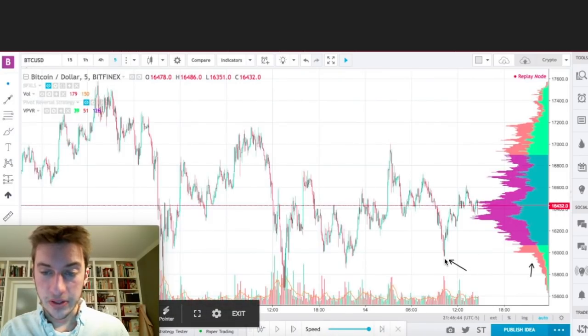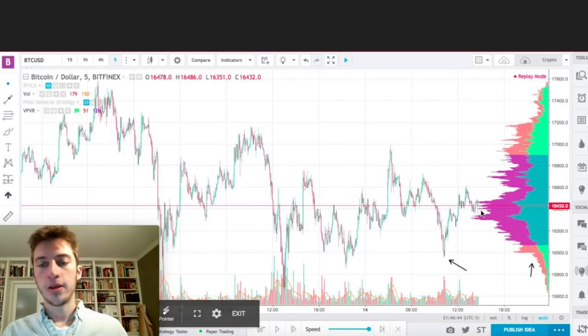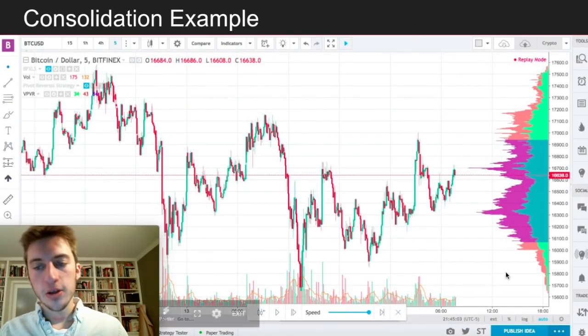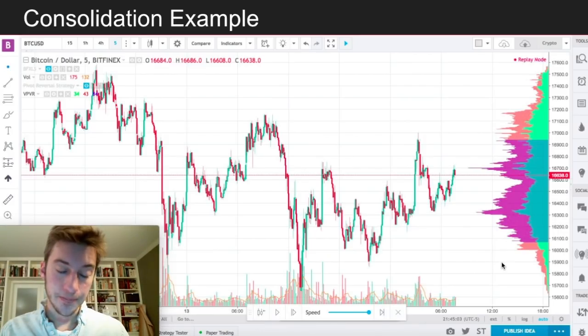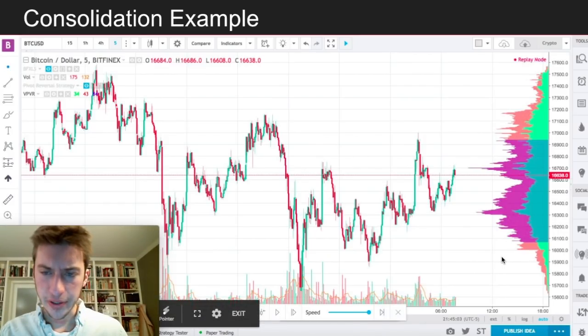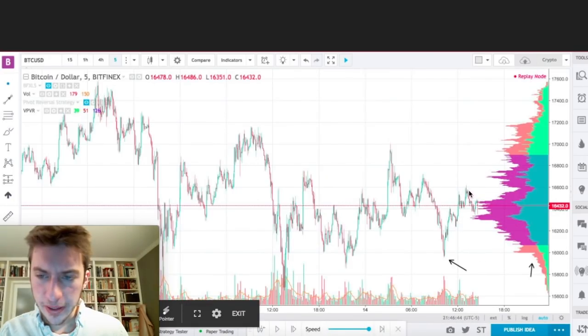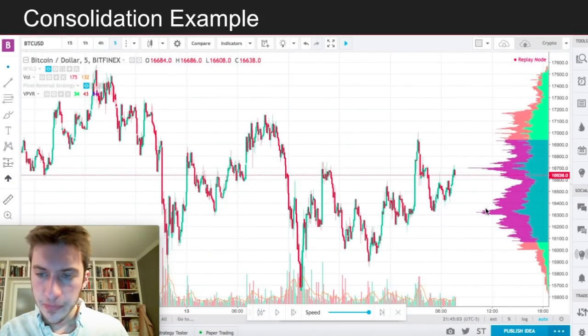That's exactly what happens here, as you can see. Price moves down, hits that low volume node, and immediately moves upward and hits an HVN. Because remember, price likes to go from an HVN to an LVN in consolidation, and then back again to an HVN. So we got this right here, and then price moved right back up to around 16.5K,